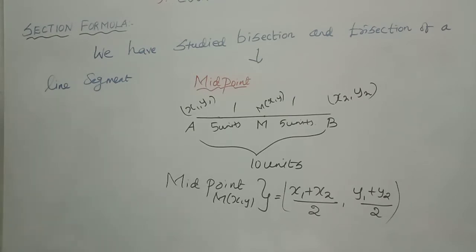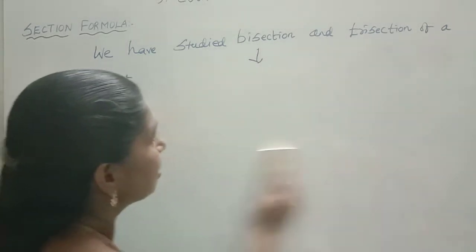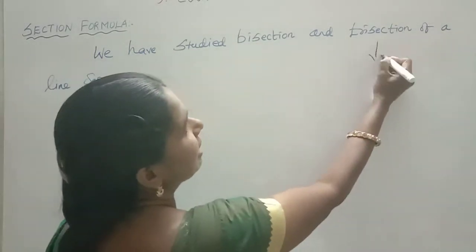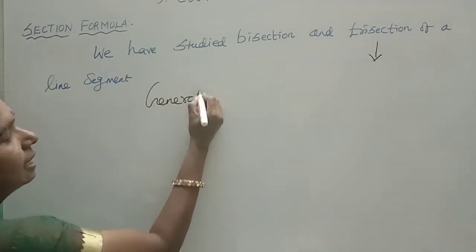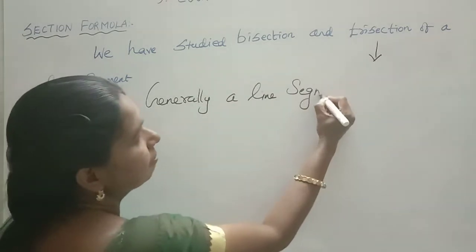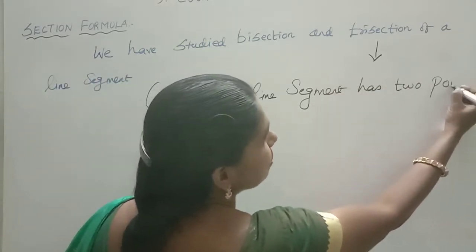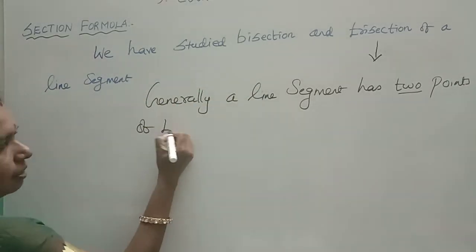Next we are going to discuss trisection. Already we have finished it; now I am only revising the terms for you. Trisection means what? Next, this was the bisection formula. Now trisection. How many points of trisection does a line segment have? A line segment has 2 points of trisection. Very good.